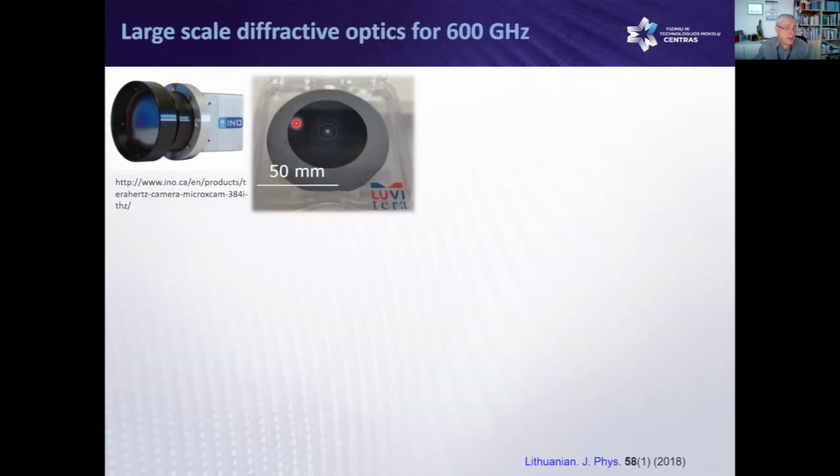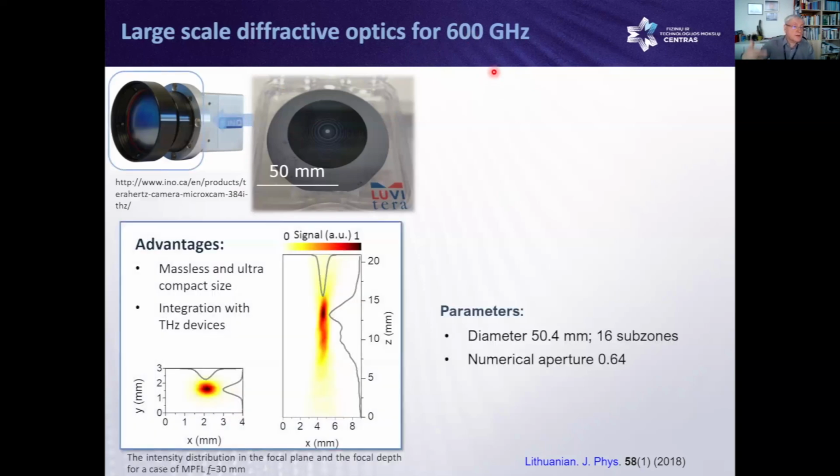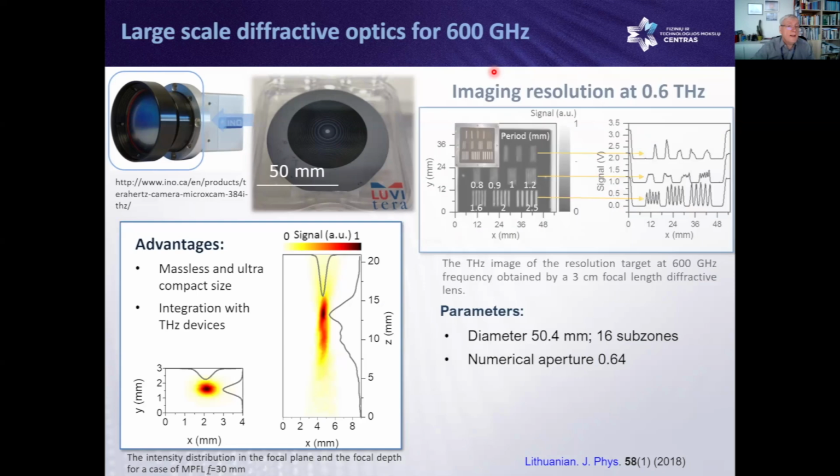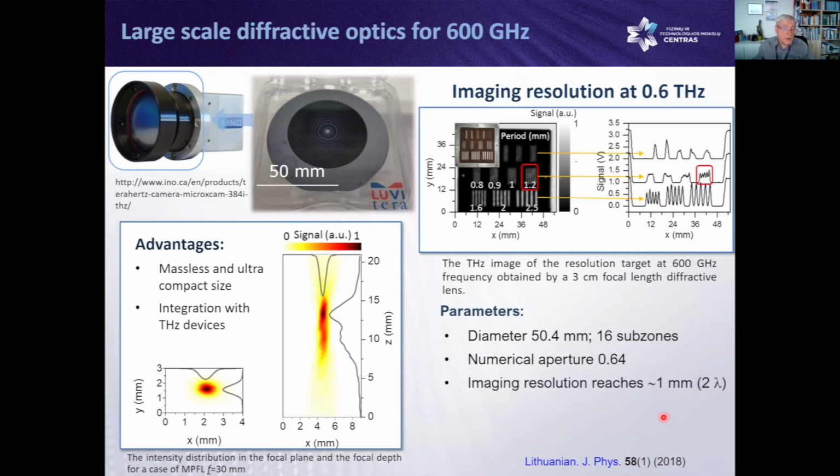So large scale scope for 600 gig as well. We're doing the same. 600 giga is our main frequency oriented to security applications, and we try to compare how good our spatial resolution is at 600 giga, and we see that we are still in a good range, and resolution is in the range of a wavelength. Sometimes it goes to 2 lambda, which is pretty enough in experiments